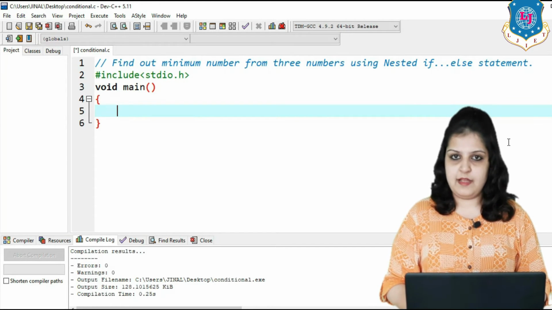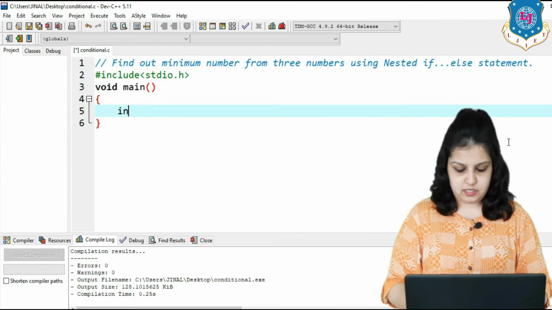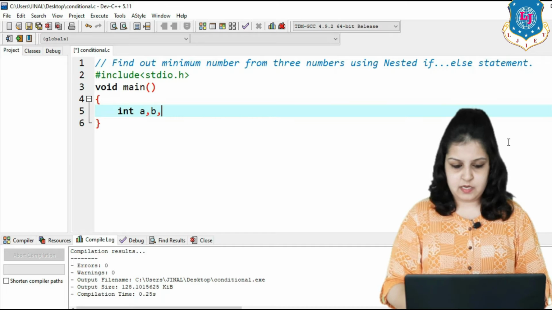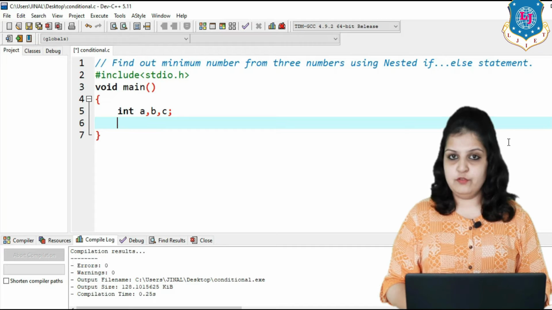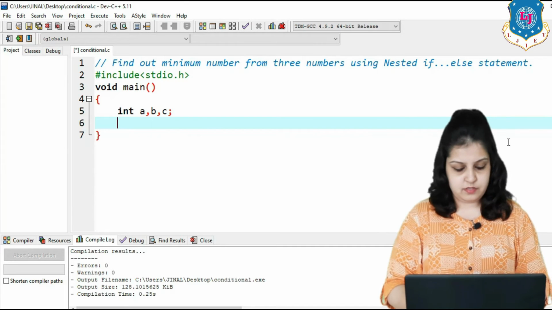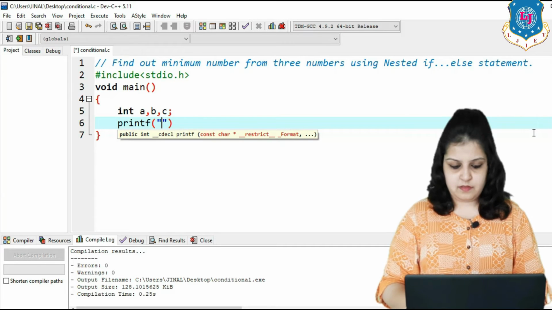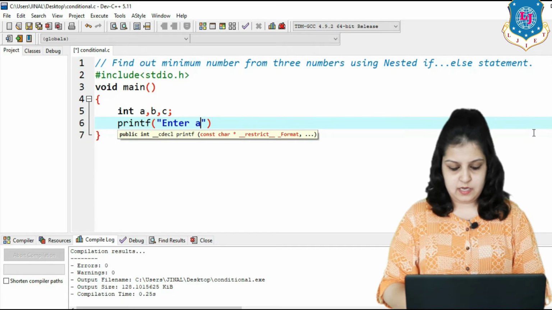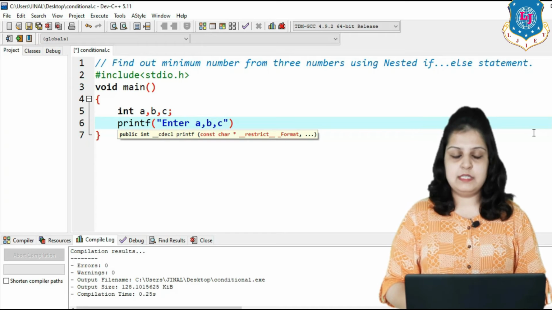First include the header file and then the main function, and here for 3 numbers we have to declare a total of 3 variables. So integer a, b, c, and we want to enter them from the user, so we have to use the scanf function. So first write the printf, enter a, b and c, and then after that the scanf function.